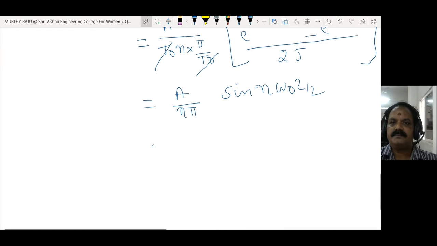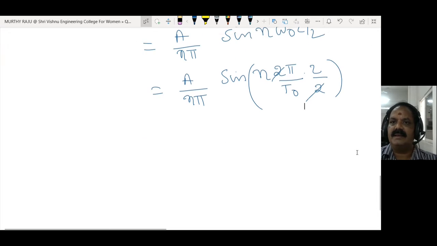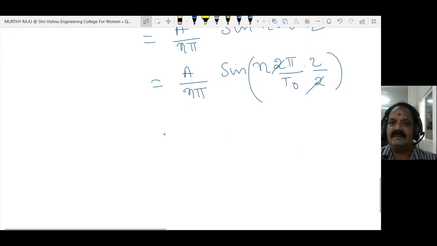Here A by n pi sin, with omega naught equal to 2 pi by T naught, into tau by 2. The 2s cancel. Finally, the Cn value is A by n pi